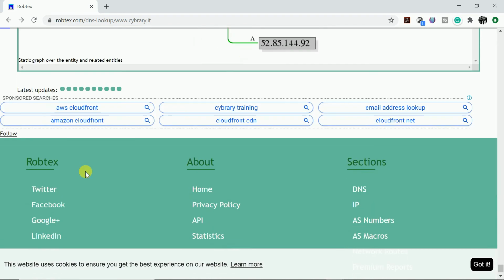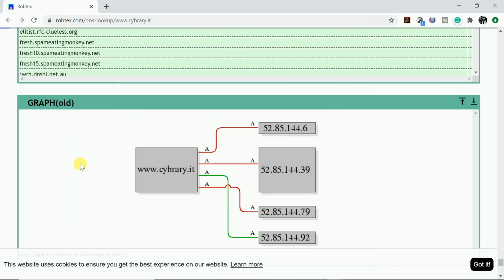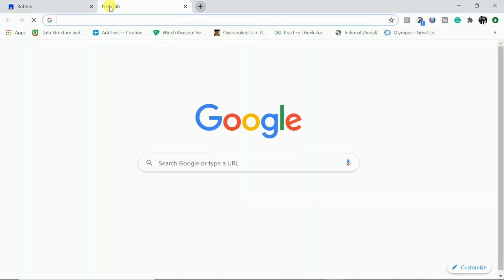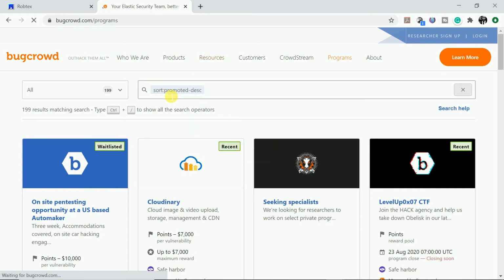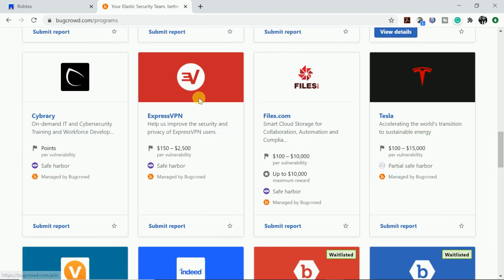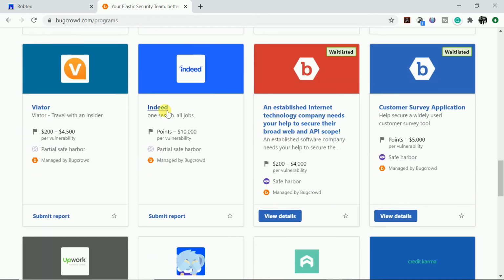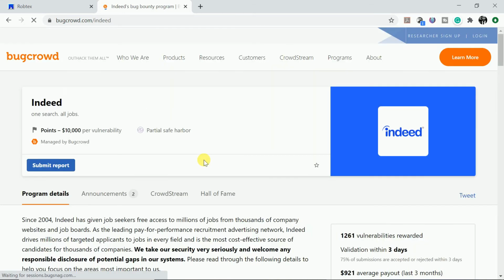We will try another website and see if some other records are available or not. So let's go into Buzzcrowd again, and see if other websites are available where we can get some more information, so that I can show you that other records are also available.